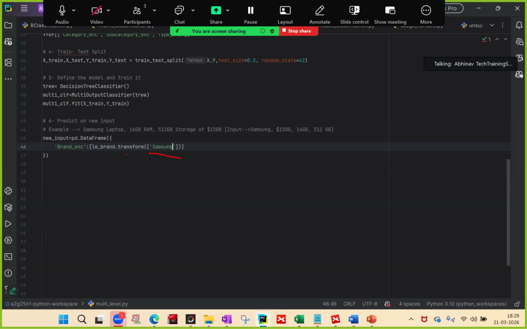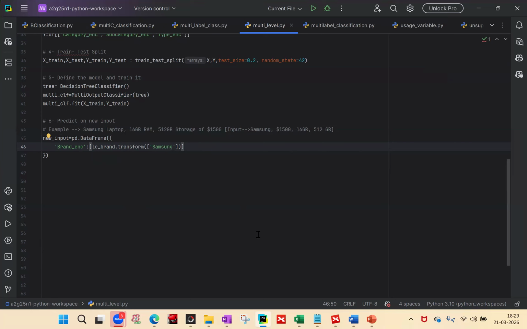Because I am encoding one value, and brand encoded also is one item. If I have more than one input, then I would have more than one element in this list like this. So here we have only one product, so that is why in the square bracket we have only one value. That too we have encoded at the input. So Samsung,